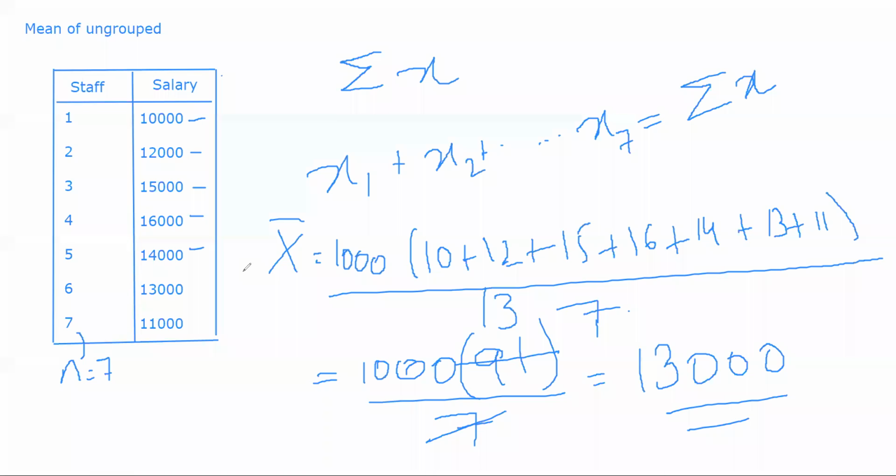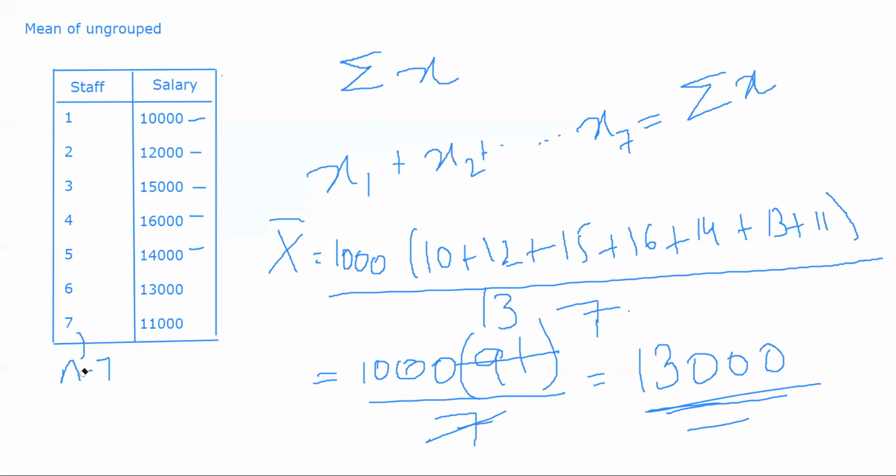Okay, we have ungrouped data, and what we are doing is we are directly taking the average of all of them. We are basically adding all the observations and dividing them by the number of observations present, giving us the mean salary. Now there are certain conditions in which you cannot use mean. What is that condition? For example, let's suppose we have another category here.